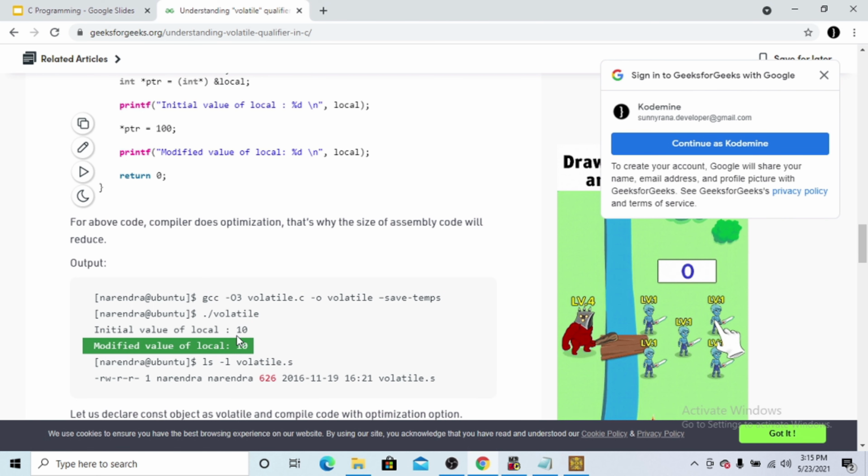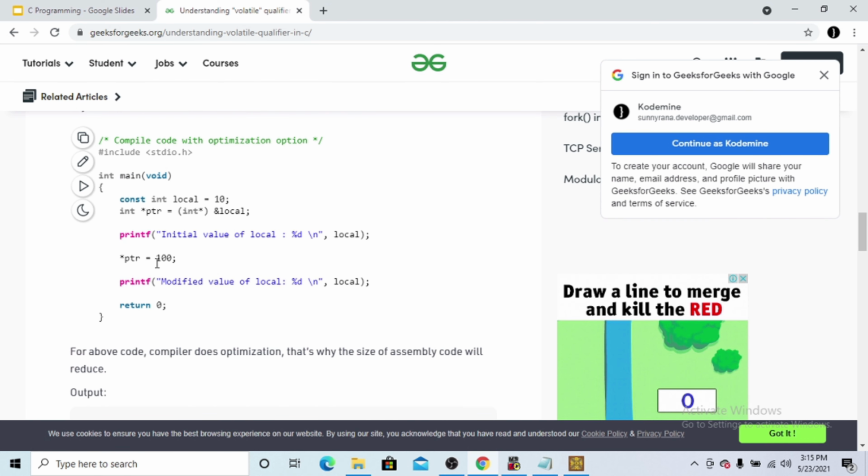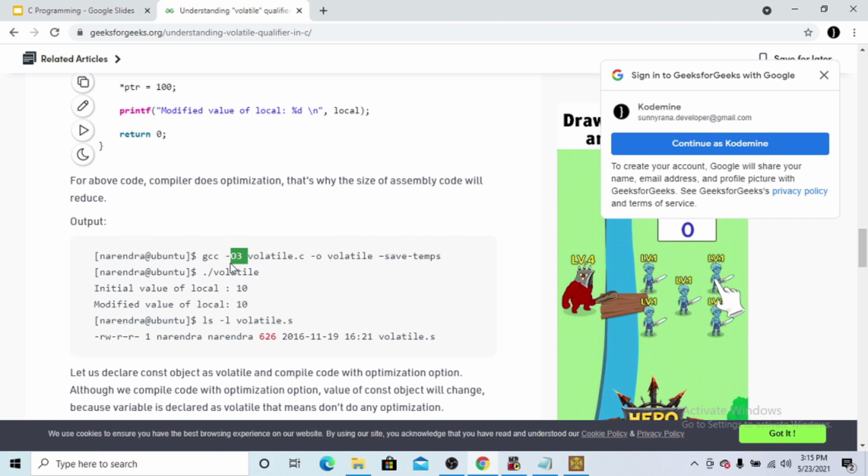I execute with -O3 volatile.c, the same thing but this time with optimization, and this time it will not change the value.